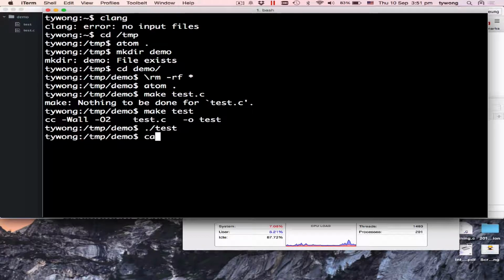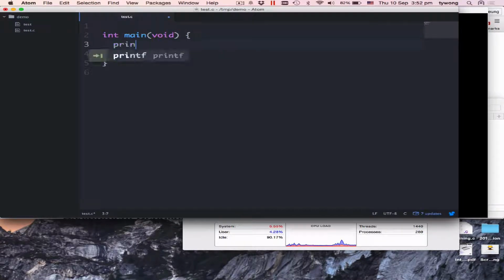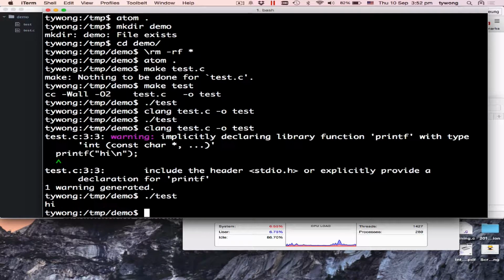I just talked about Clang. Clang is under another technology, LLVM, invented by the engineers from Apple and also some community in the open source world. So you can still compile it, same options, just like GCC. It just works perfectly. Of course I need to print something, or you don't trust. I know. Printf, hi. The Clang, you just compile just like GCC, and run.